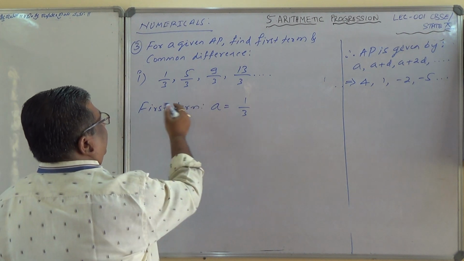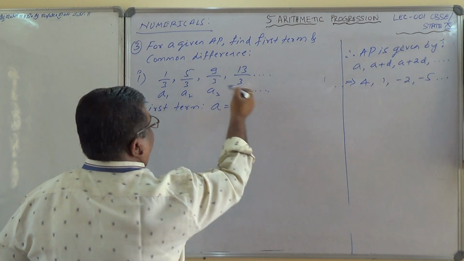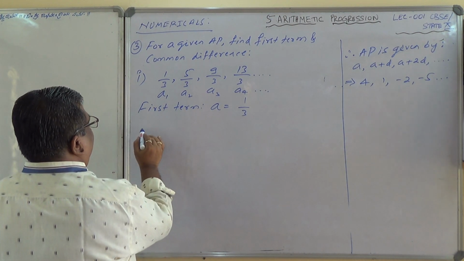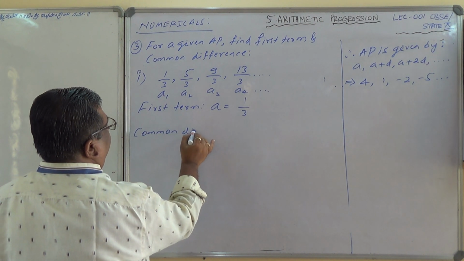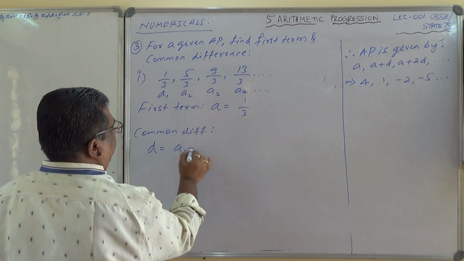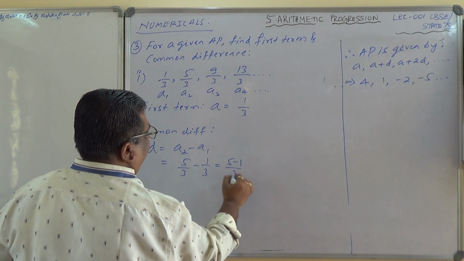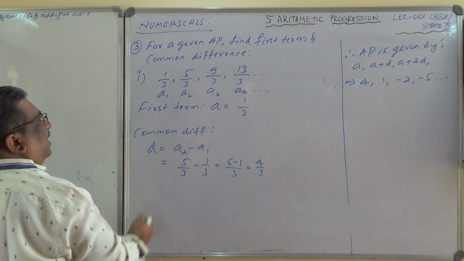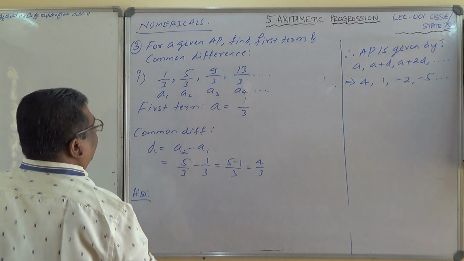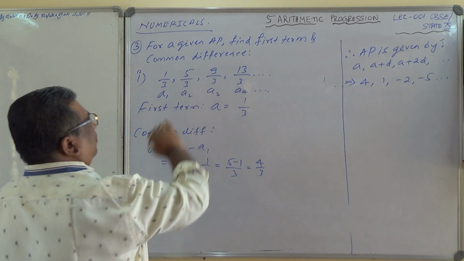Okay, here also you can designate A1, A2, A3, A4 dot dot dot. You can write there also, there is absolutely no problem. So first term is so and so. So what is the common difference here? Common difference, how do you find out? D equals A2 minus A1, which is 5 by 3 minus 1 by 3, which is 5 minus 1 by 3, which is 4 by 3. One more you can check it, A3 minus A2. Also, let us check one more here. Actually, this is enough. One answer is enough. But for your understanding, I am working out one more term also.